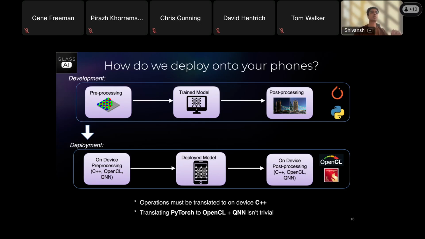That can directly be translated to on-device deployment, and most of that deployment is currently done in C++, OpenCL, or using Qualcomm QNN platforms. Then we train our model, which essentially just transfers to converting it to a format that these phones can use. So we just deploy the trained model and that's it. And for post-processing, we again try to follow a very similar pipeline as how the pre-processing is done. Hence, for deploying it on device, again, we try to use the same tools, branching out from C++, OpenCL, and QNN.